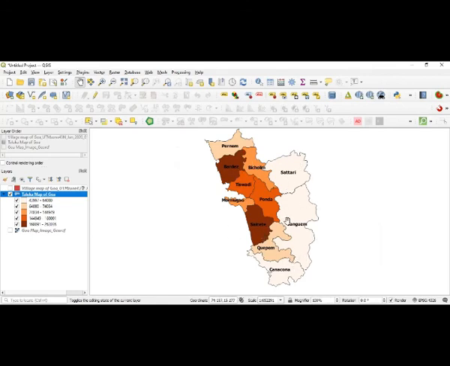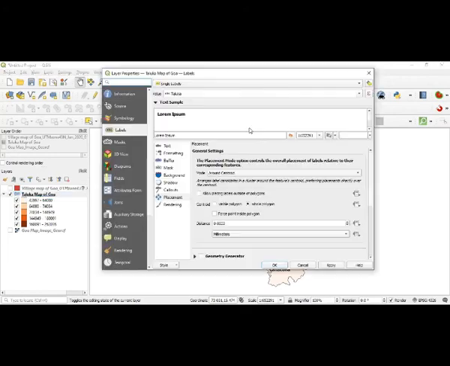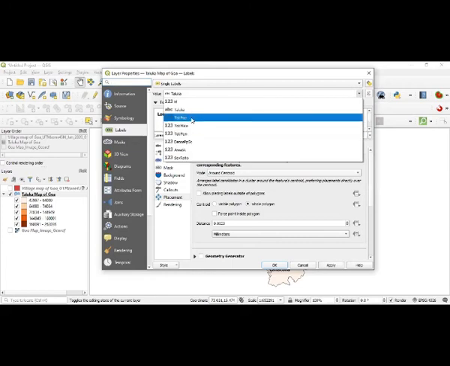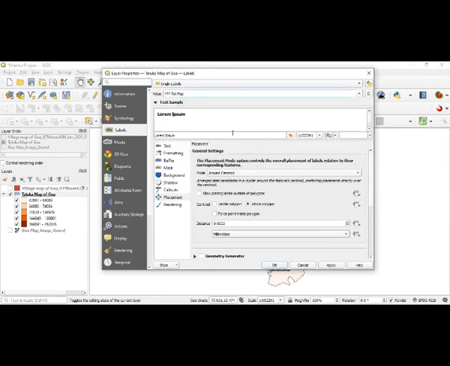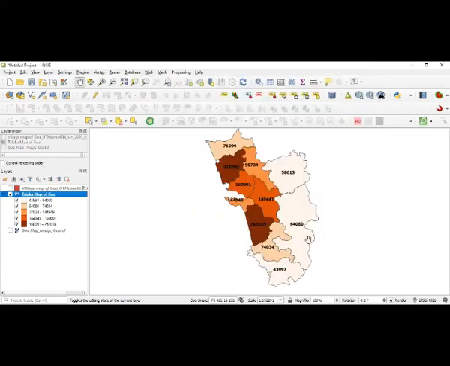So you can change the position of the letters, whether it should be around the center or centroid of the polygon. Now this is one thing. Now instead of these names of the talukas, if I want to show only the total population and its number, I will select the total population, and I will apply, and it will be there. All that you can see here is the total size of population. So you can go for preparation of that. Now I will take only one of these, and I will shift to the next one.